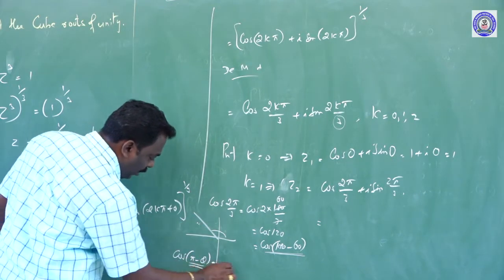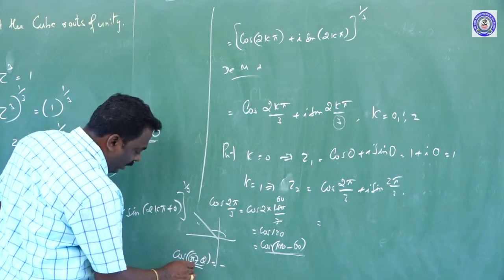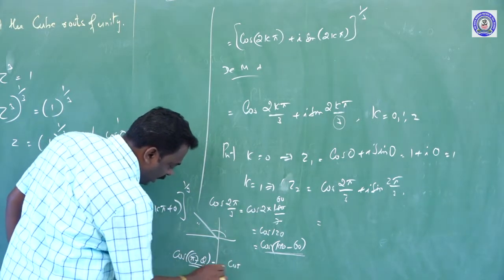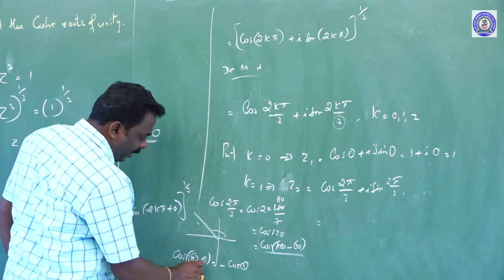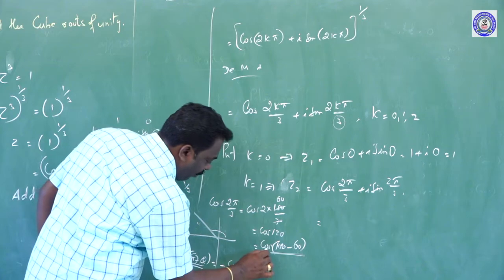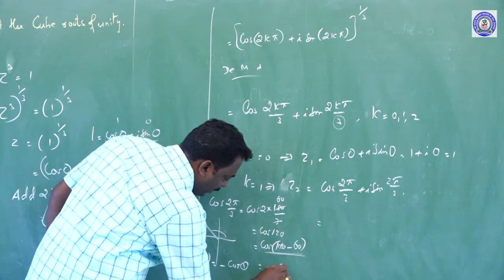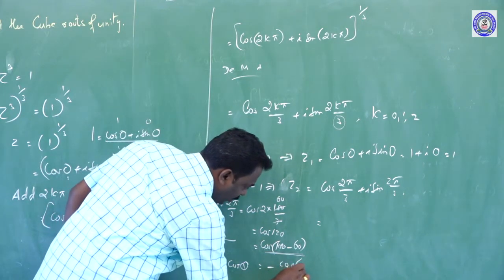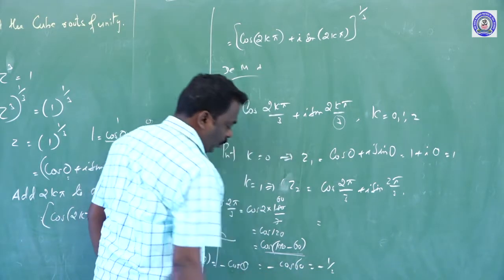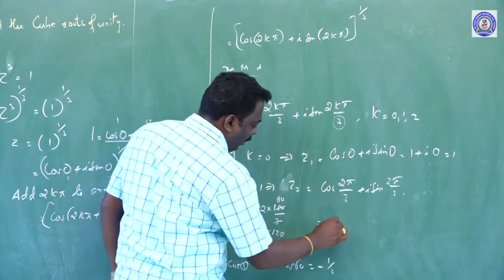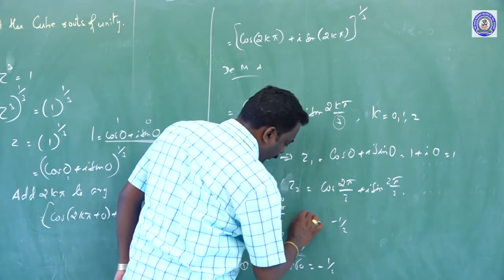In the second quadrant the cos value is negative, and for supplementary angles the cos stays the same, with theta as theta here. Therefore, cos(π minus θ) equals minus cos θ, that is equal to minus cos 60 degrees, equal to minus 1 by 2. Therefore, the first value is minus 1 by 2.